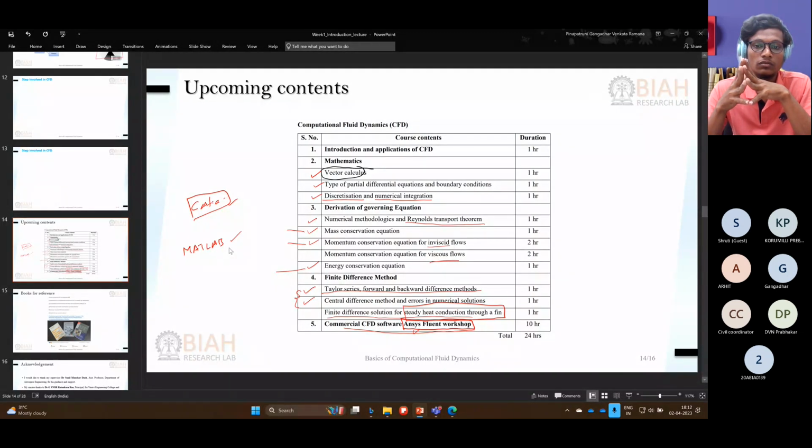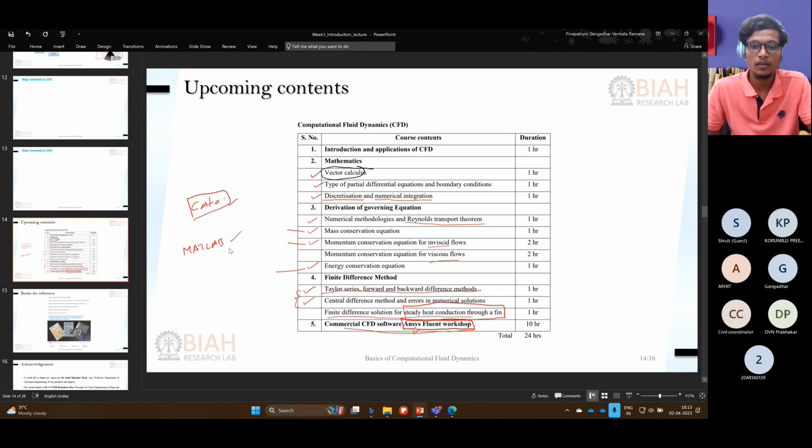And then some concepts like mass conservation. I think you are aware of the fluid mechanics details: mass conservation, momentum conservation, and energy conservation. Yes, sir. Taylor series concepts also, like forward and backward difference. Only for the finite difference method, I thought to teach a theory class, and then after this finite difference method, we will go for